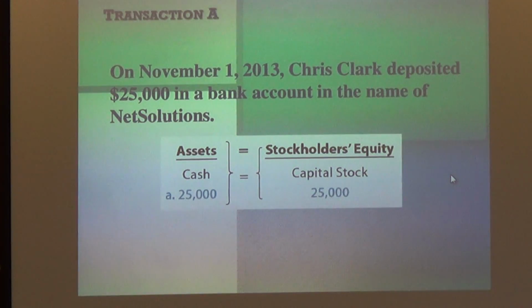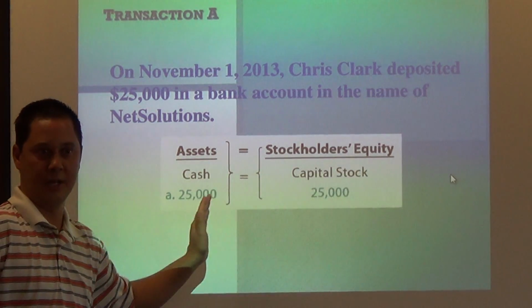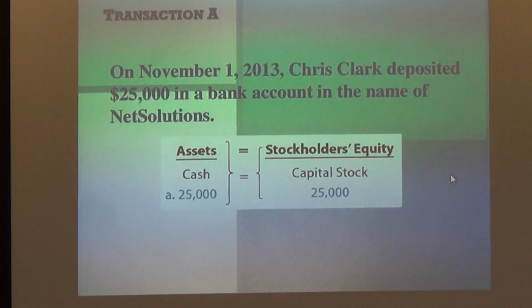On the other side of that, he has equity. Because if he pulled out all that cash, that would go back to him as his equity, and it would be zero, whatever, how much he ever pulled out there. So as you can see, once again, this balances, right? This transaction balances. We have $25,000 on each side there. So moving on forward here,